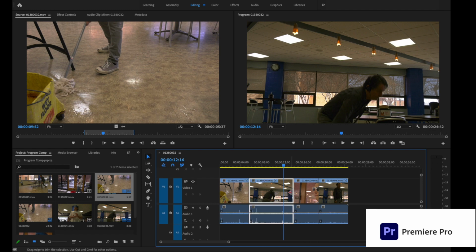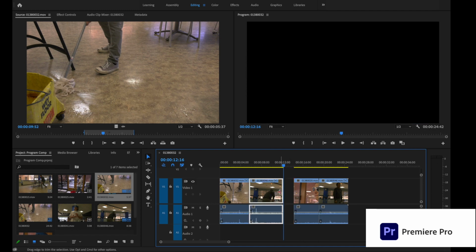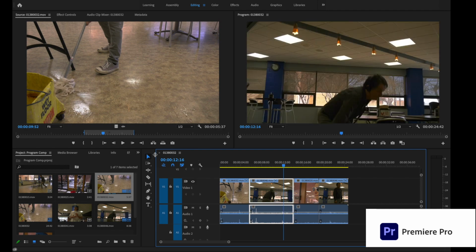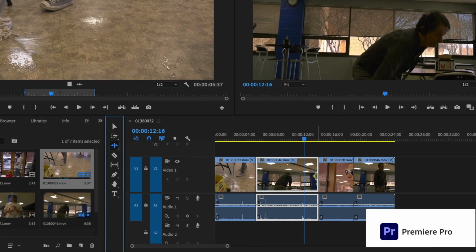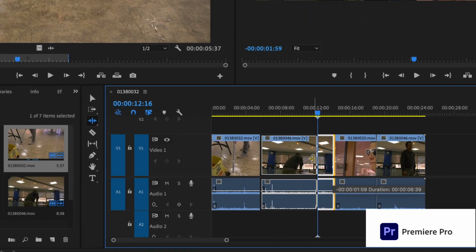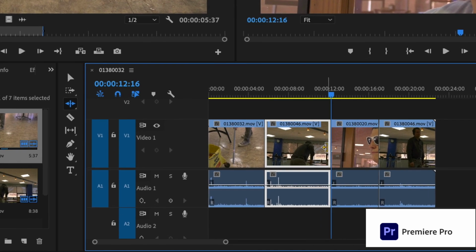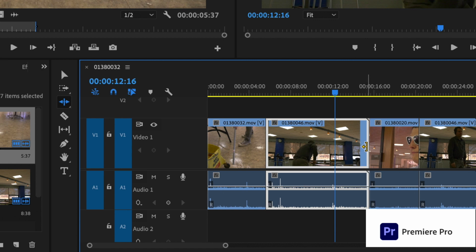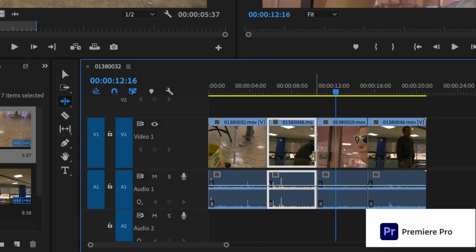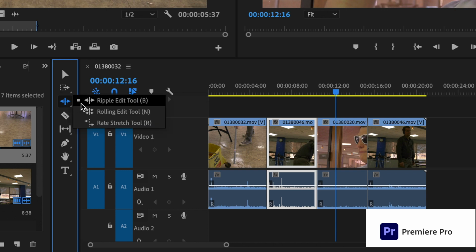All three of these programs let you do the four main types of trimming: ripple, roll, slip, and slide. But in Premiere, you have to switch to a different tool to do each of these things. Here's ripple, which allows you to shorten a clip and close up the gap, or make a clip longer and push everything else over. But if you want to use the roll command, which makes one clip longer and one clip shorter at the same time, you have to click on the ripple tool and the roll command is hiding